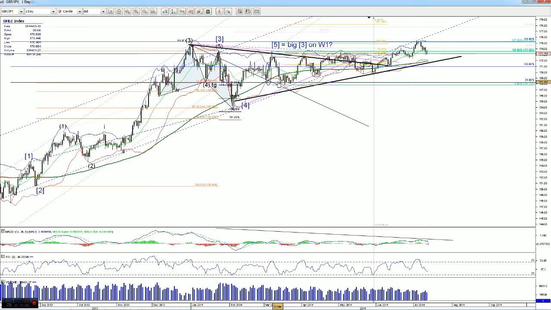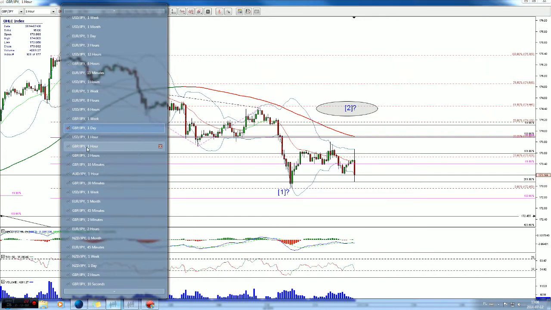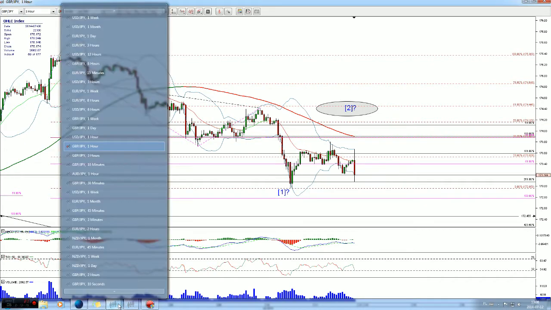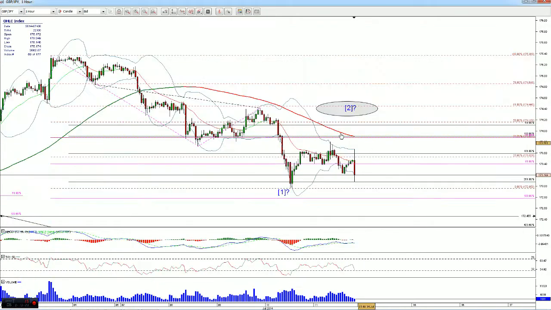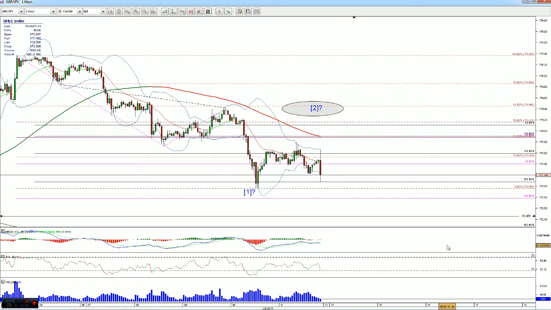Okay, so this is what I have for the Great Britain pound, Japanese yen, and that's the move to the downside, which started when I was talking about this 6 hours chart and about this area. Now we've got a move to the downside, which could give a first impulse to the downside, and then I will have A, B, and a C as a correction, and after that a third wave